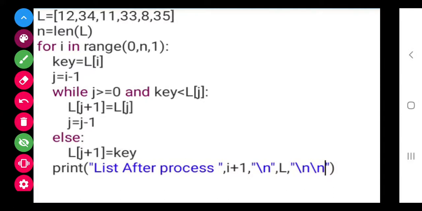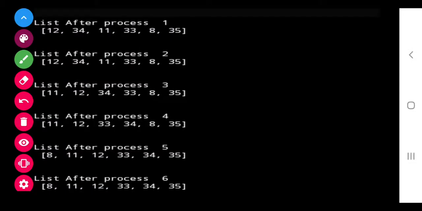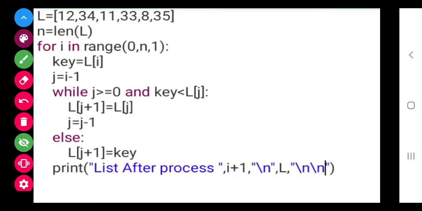So class, actually it is finished, but my output was showing the processes. Here I have given the output for each process, how it is executing, but we have to give the final sorting. So we will not give this print statement here; we will move it a little bit, so that only a single time it gets executed, like this.